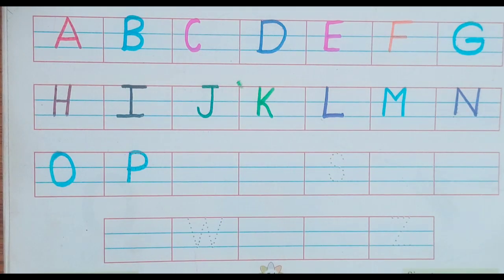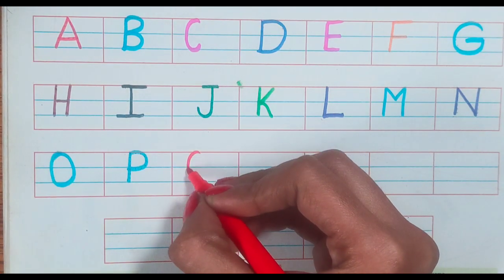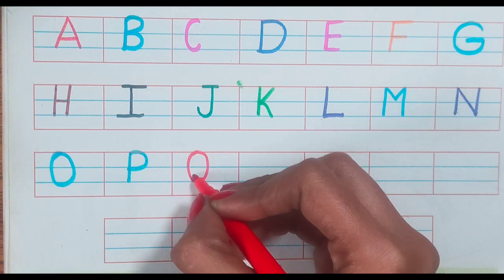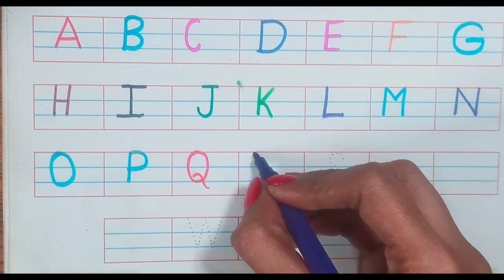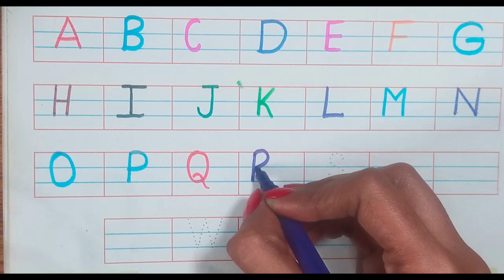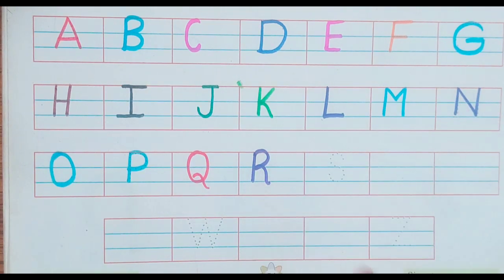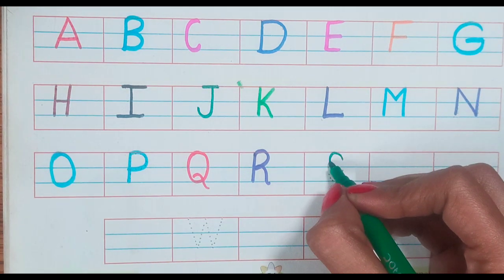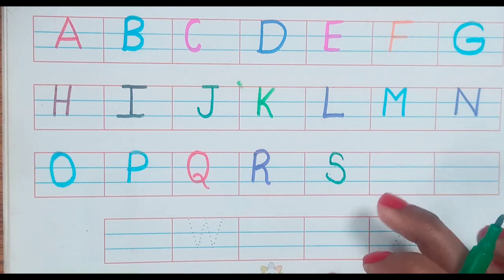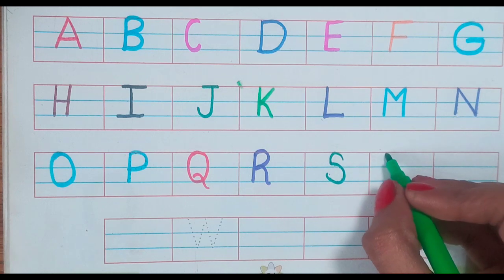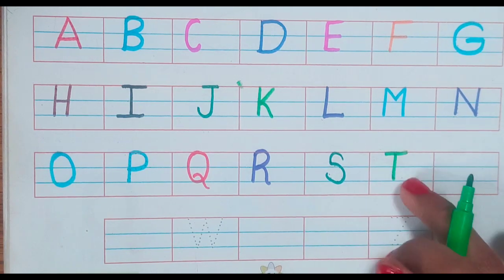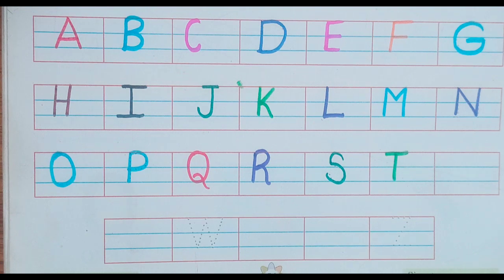P for parrot। Q for queen। R for rabbit। S for ship। T for telephone।